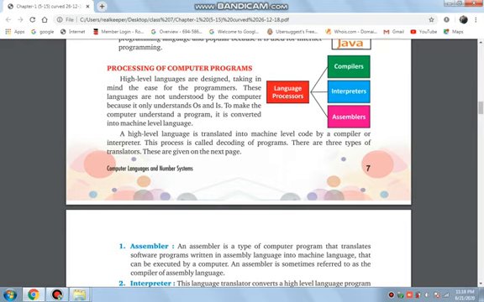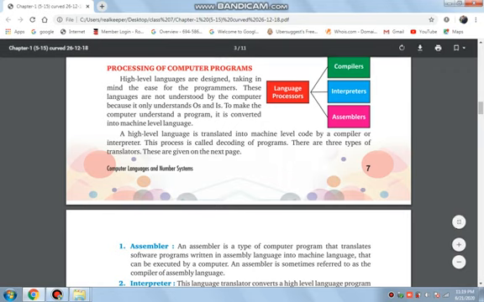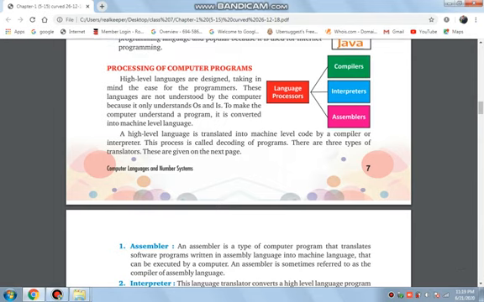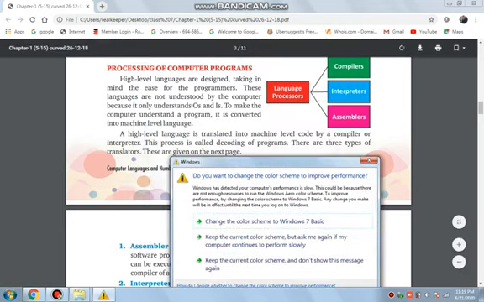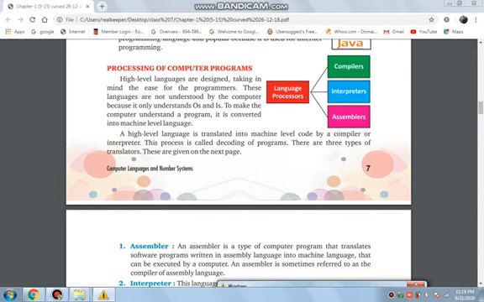Now students, you see, a computer can understand only 0101, that is binary, and whenever we write any code that is in high level language, assembly language or low level languages. So let's read this. High level languages are designed keeping in mind the ease for the programmers. It means programmers can very easily understand these languages, and writing code is a very easy thing. That's not a difficult task, but the computer can understand only 0 and 1.